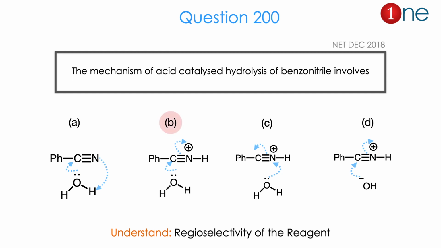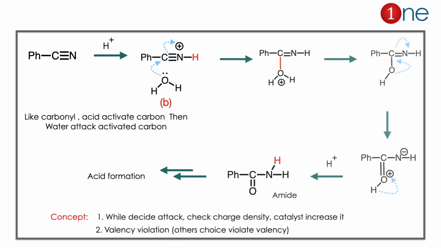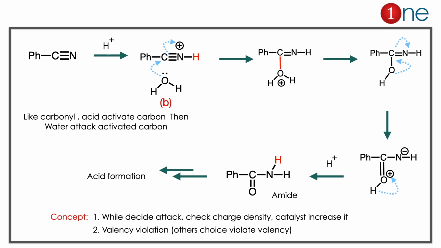Let us see how. Here the starting material is the cyanide, and you are protonating it. Protonation always leads to the stable cation, with hydrogen attacking the nitrogen because it already has a lone pair. So the lone pair is attacked, so hydrogen attacks the nitrogen. So you have a cation at nitrogen, so you have the water attack. So water attacks, not OH minus. So water attacks, you have cation formation, then the hydrogen transfer. Finally you have the anion and cation, then you convert it into amide there.